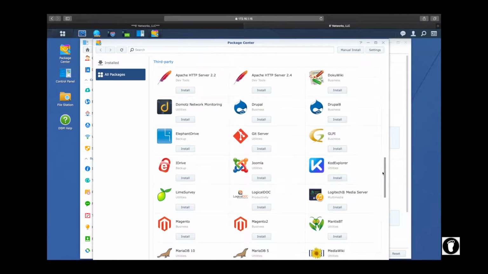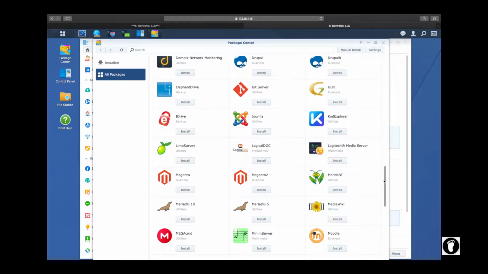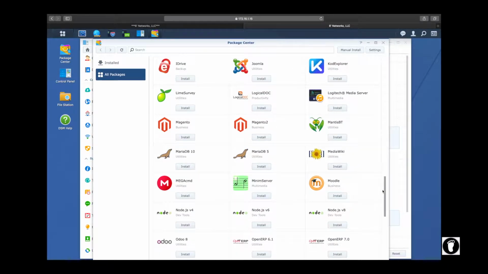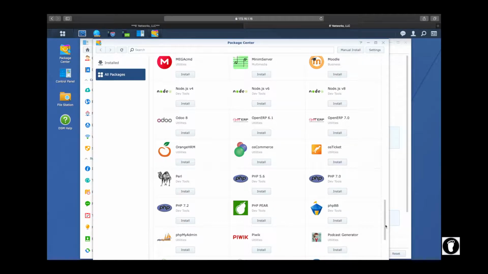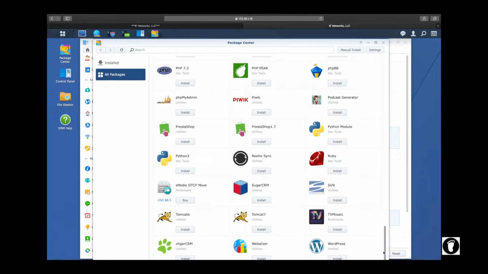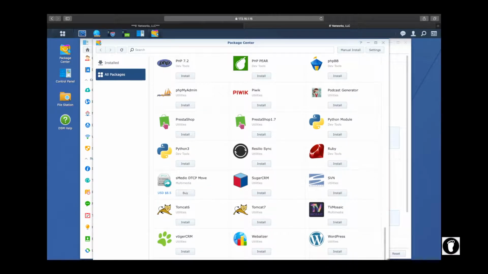You can run an Apache server, you can run a Git server, you can run Joomla, or Magento, or MariaDB. I mean, take your pick. There's Drupal up there, Moodle. If you're doing this in a school, you can do OpenERP, PHP, Perl. I mean, the list goes on. And ultimately, at the end, you have WordPress, which a lot of people use for their websites and content management systems. So this thing's pretty much covered in terms of if you're a developer, if you're a business, small business,